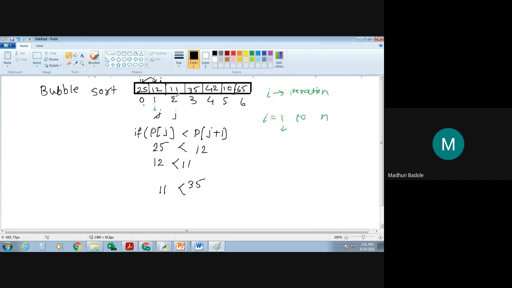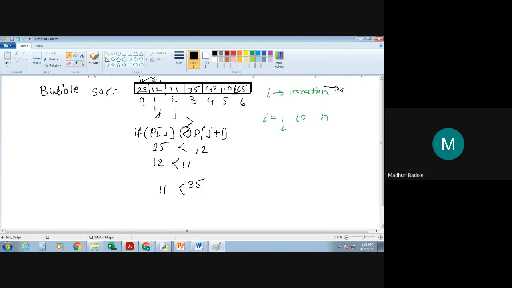Fine. One case is there: you have to do it in ascending or descending order, and that depends on this condition. Now in this case you are going to arrange the elements in ascending order, so it should be greater than, because ascending means I want the last element to be the maximum one.